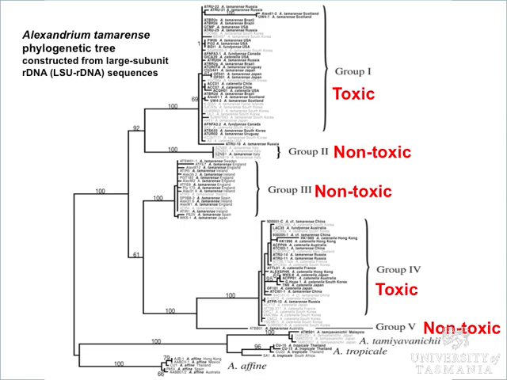Unfortunately, the taxonomy and the relationships of these groups are actually quite complicated. So Alexandrium tamarense, that particular organism I've shown you a few images of, occurs all around the globe, where it's associated with shellfish toxicity in a number of areas, particularly northeastern US and also northern Europe and South America. If you look at DNA sequences, and this is DNA sequencing of the large subunit ribosomal RNA, so